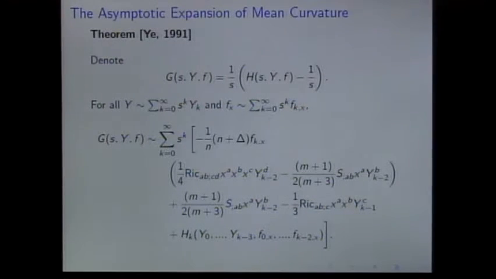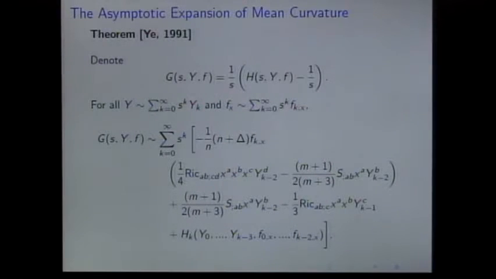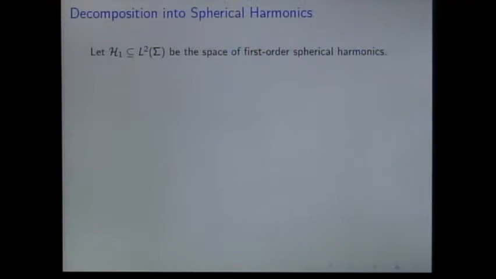Let's have a look at a few features of this equation, the ones that really matter. Notice that in each term of order k, we only have the k minus 1th term of y. Y only goes up to k minus 1. Also, note that this k minus 1th term of y is actually quadratic. And that plays an important role in what follows. Because, as I said, different things tend to 0 at different rates. So, let us take the space of first-order spherical harmonics.